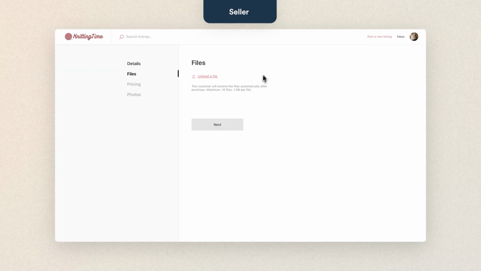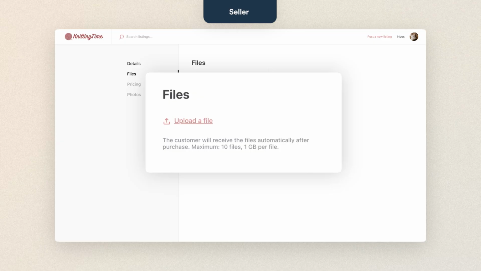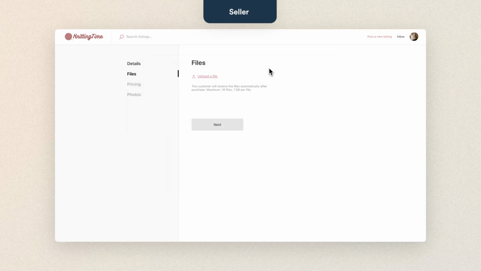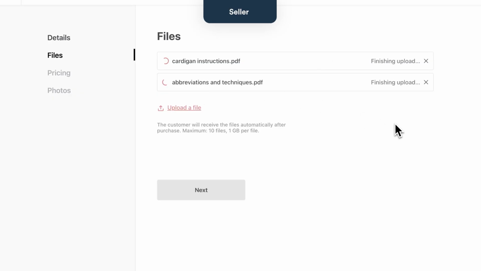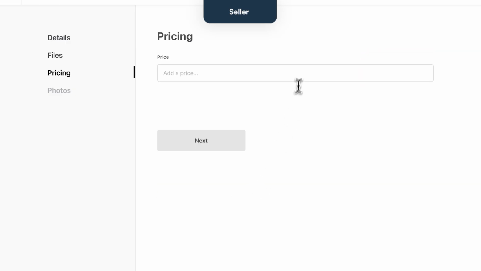Then, in the New Files tab, you can upload up to 10 files, maximum 1 GB each. These files stay hidden until someone buys the listing, so sellers can safely upload the real final versions of their product here. You need to upload at least one file before you can publish the listing. After the upload completes, all files go through a quick security check and malicious files are deleted automatically. You can move on to the next step while the scan is running, but won't be able to publish the listing until it's finished. I'll add the price and then move on to images,